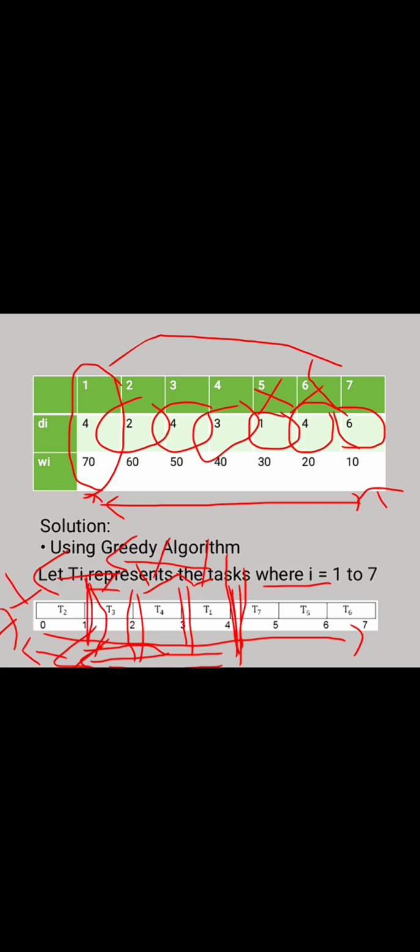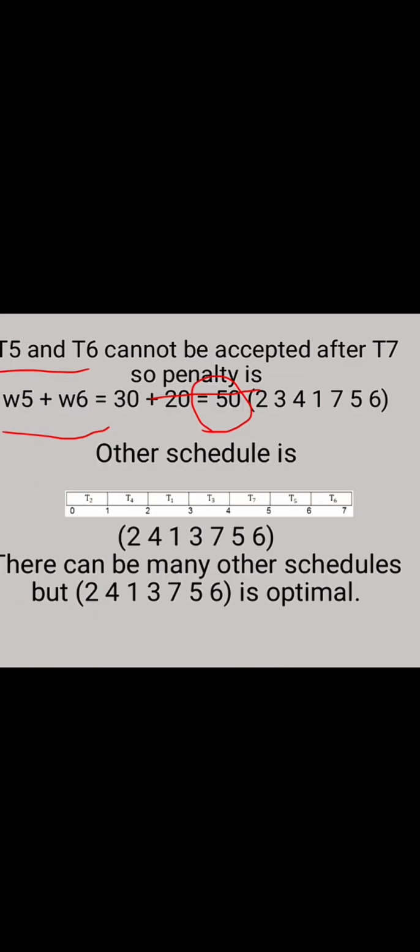While task 7 has 6 due time. So look at the 6, then look backwards. So there is still an available cell here. So we can put task 7 on this cell. Okay, so in here we can